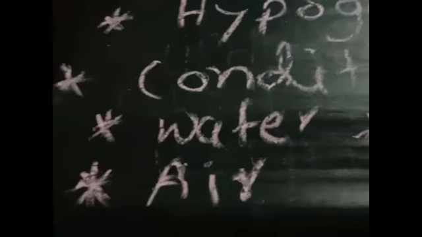The next one is air. Air is needed for respiration. The seed needs oxygen. Why? While the seed is germinating, it needs energy for growth, and also for cell division. How will it get energy? By oxidation in respiration. So without oxygen there is no growth and no cell division. That's why air is also needed for the growth of the plant and for getting energy, and they will grow under favorable conditions.